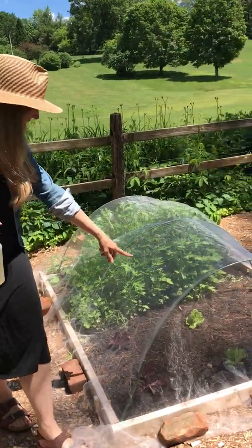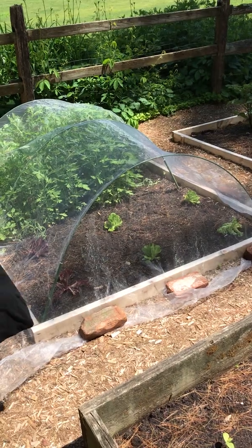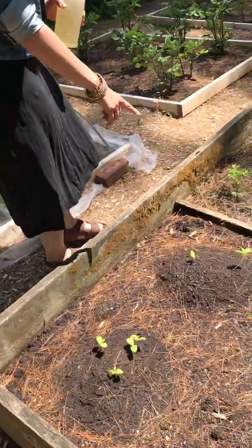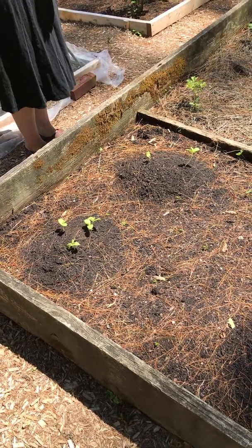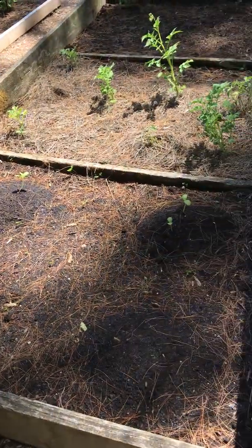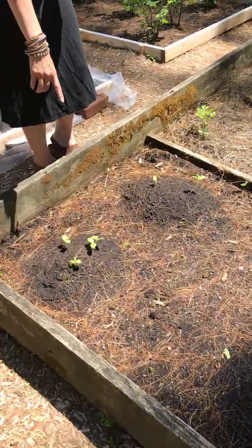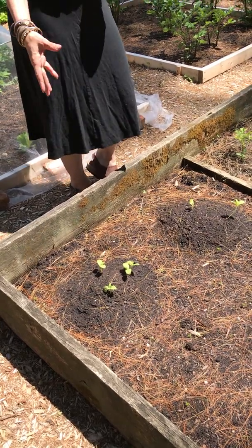So here we have lettuce, real lettuce. We have butter lettuce, bib lettuce. Over here we're test growing for turtle seeds in upstate New York, some melons. And we have different types of melons. We're using a mound method where we put in a bunch of seeds, and we're going to see which ones